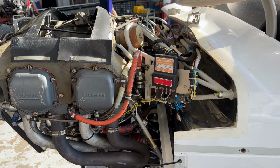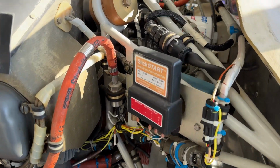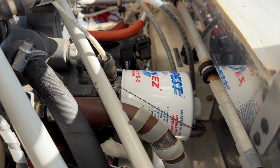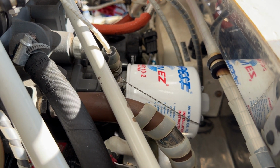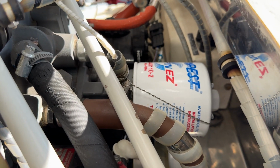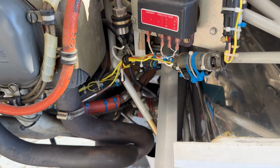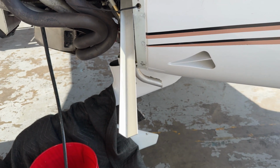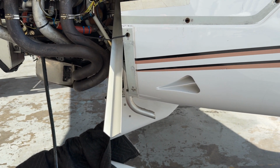While the engine oil drains, we're using a little trick here to avoid oil drippage from the filter. Usually with this rear placed filter, when you start to spin that off, as soon as the seal breaks, it will drip oil all down the firewall, and if you have the bottom cowling in place, it will drip all over that. But what we do is we take a piece of 1-inch angle iron, this is aluminum actually,